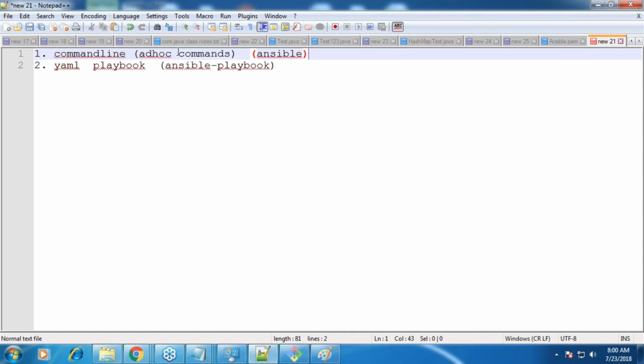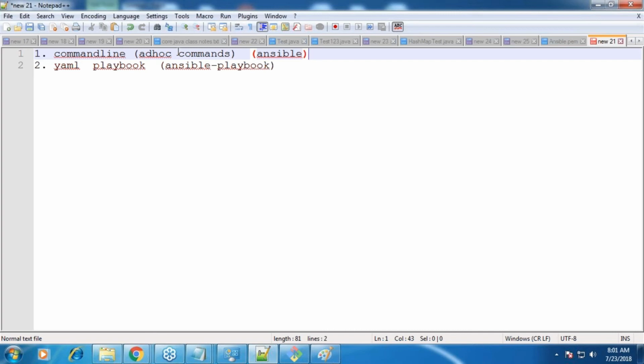So that's the approach. If you are repeating your tasks, we go with a playbook. And if you are running something which you generally don't do, and you run it for a very limited period of time, or it has come up just now, then you would go with ad hoc commands. Ad hoc commands are generally not used in automation. They are used to do something one-off. For example, restart all the machines because ransomware has impacted some of our servers. This is something which does not happen daily, right? So for that, I'll go with an ad hoc command. Update packages on all of my systems. This is something which I do regularly. So I'll write a playbook for that, right? Are we good?